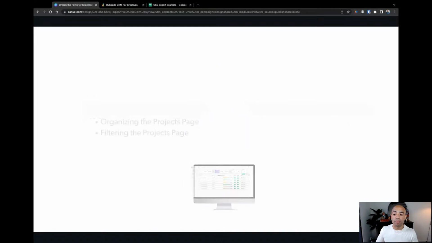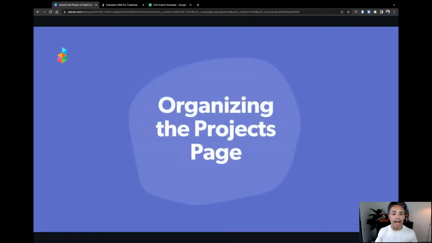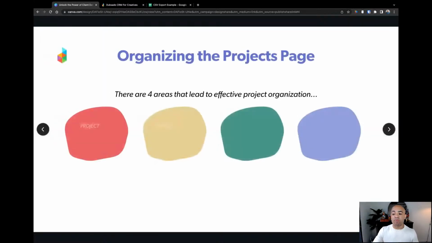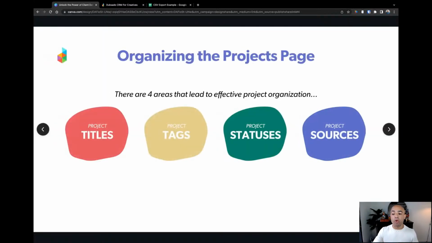So let's go ahead and dive into organizing the projects page. I've broken this down into 4 different segments. If you're newer to Dubsado or you've been here for a while, there's probably a chance that you've heard some of these concepts, and maybe you're not sure what one of them is, or maybe you've mistaken one for another.